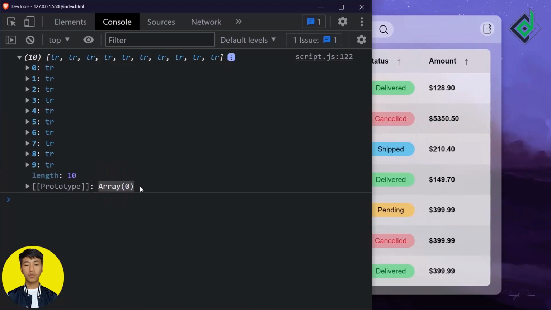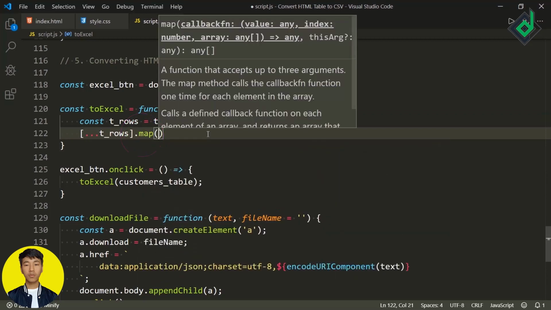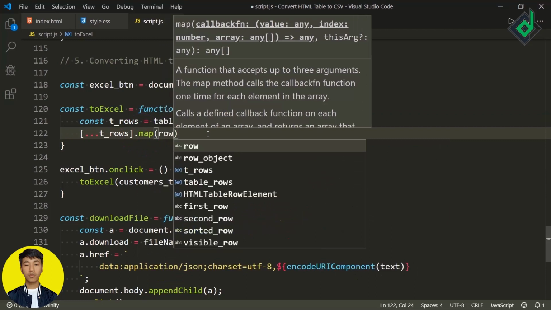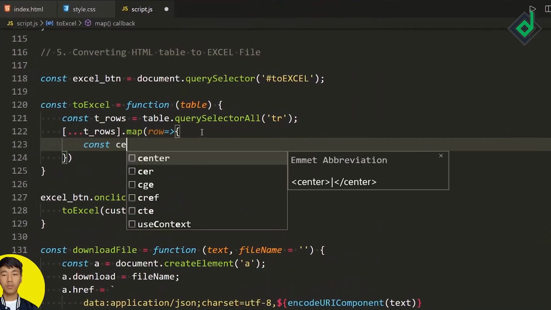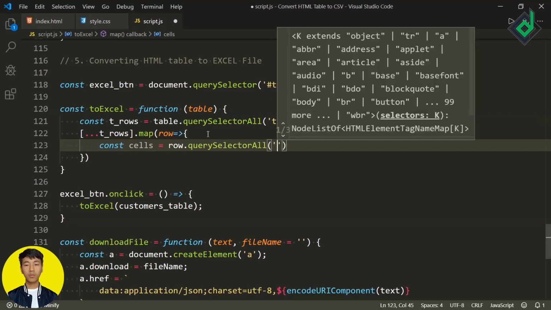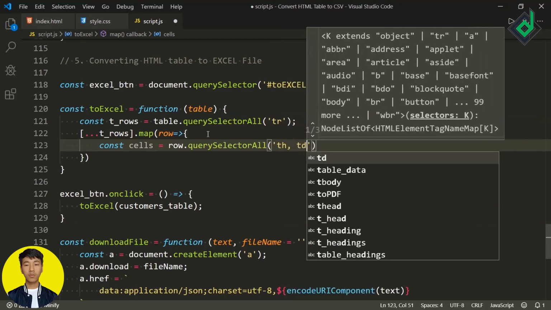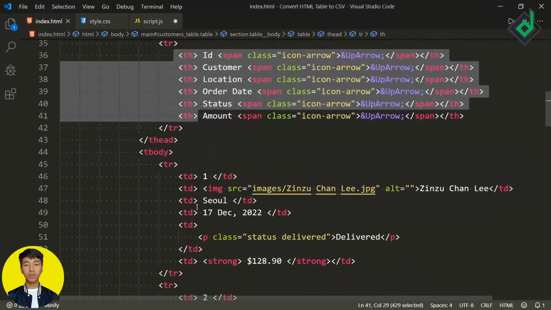If you ask me why you need that extra step, in JavaScript we can use different methods that are provided for arrays. Now instead of that console.log, I'm writing .map. With the help of this map function, I'm iterating over all the table rows. So for each table row, I'm representing it as row. Now within that callback, I'm creating a constant variable cells, and I'm assigning row.querySelectorAll with th, td. As you can see in the index.html file, within our table row there are different table headings and also table data.